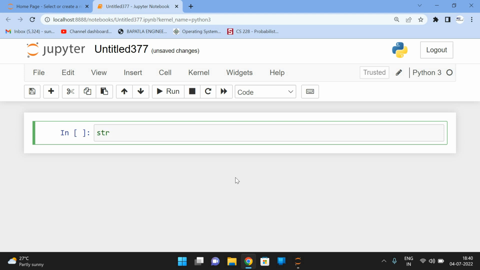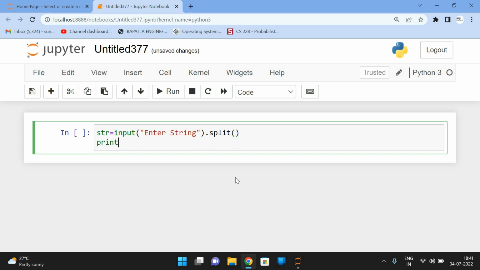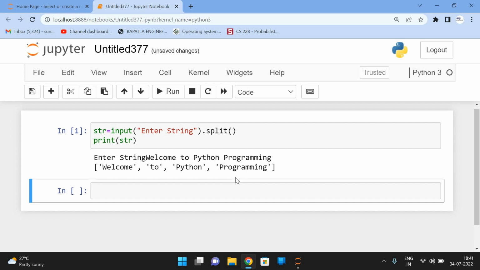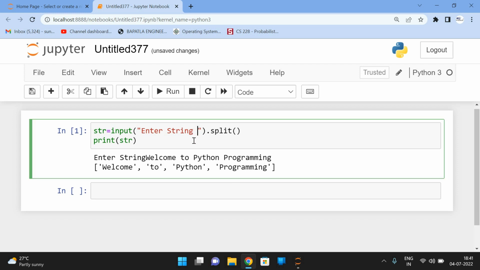So let us take str is equal to input of, give the request message, enter string, and here I'll use the split function so that it will generate a list of words. See, first let us print the string so that you will understand. Welcome to Python programming. See, whatever string we are giving, it will be split wherever there is a space, and it forms a list